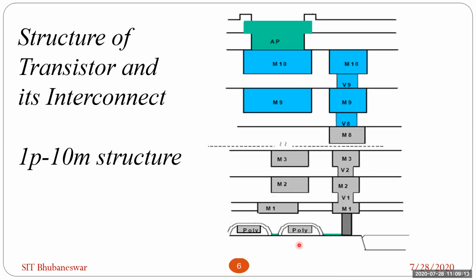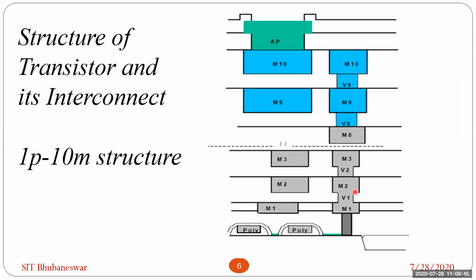So in a transistor or in a circuit, the stack of metal layers are there. So after the transistor, either drain or source is connected to metal one. This line is metal one, reserved for metal one. Then this gap is nothing but the oxide. Between metal 1 and metal 2, there are some oxide layers. Then this line is nothing but the metal 2 layer.